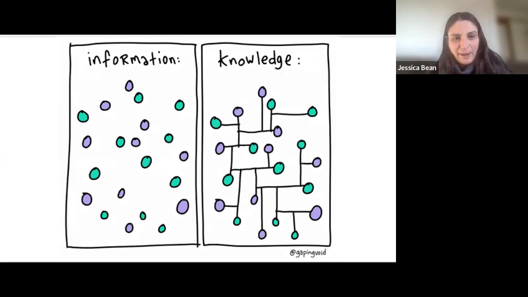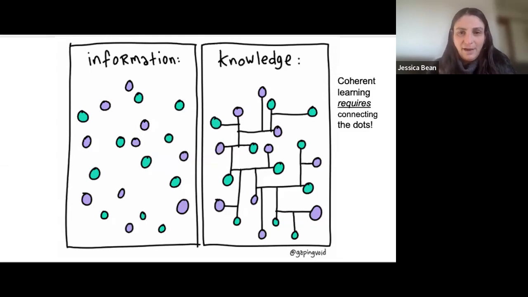And there's a meme that I've used a lot throughout my work, which really drives home this idea of what we're really teaching is not just information, not just discrete bits of knowledge about how the climate system works or what greenhouse gases are, right? But we're really trying to connect the dots, and we're really trying to help students have a sense of how all the different parts of the world are interconnected. And that builds knowledge that's transferable and usable, and can help actually solve the problems that we're facing today.